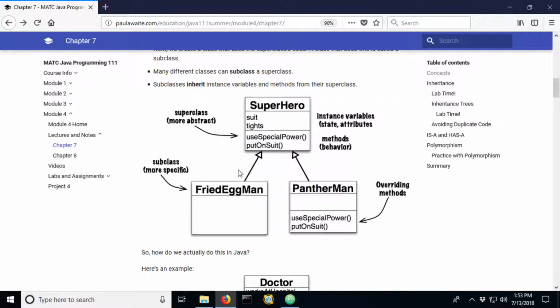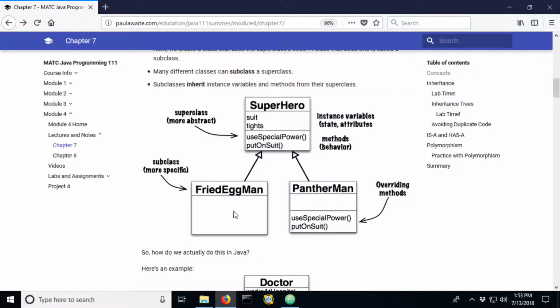And this notation here that we've got is Unified Modeling Language. You'll get a little bit of this in some of your analysis and design classes as well. But what this arrow and the line show is that Fried Eggman is a subclass of superhero. Okay, it extends from that. And same thing with Panther Man, extends from or is a subclass of the superhero.